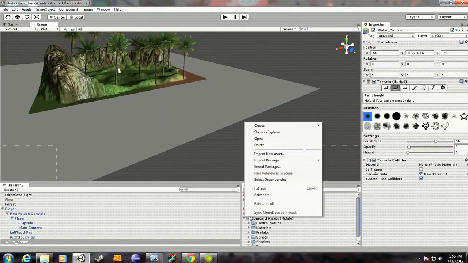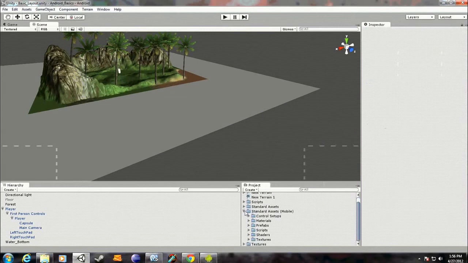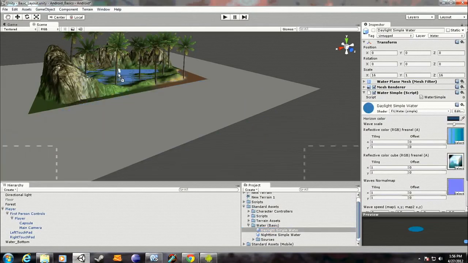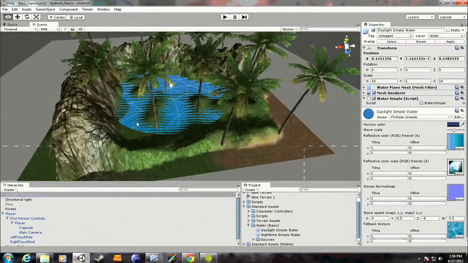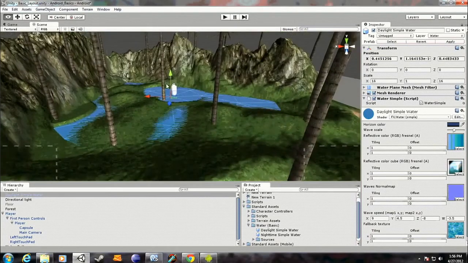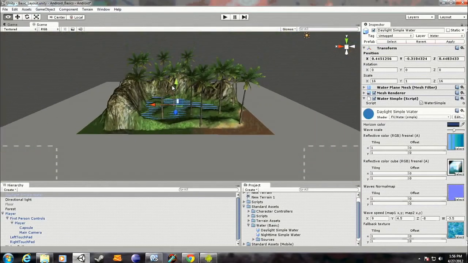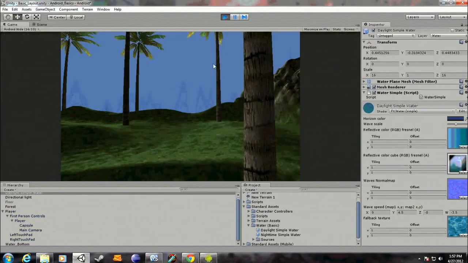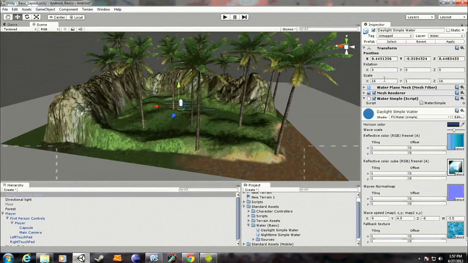So you can go to the standard assets, I think it's in mobile. No, there's no mobile water yet. You go water basic. And, well, if you have pro, I have pro, but I'm only going to use this because I know nobody will have the pro unless they've bought the $1,500 license. So you have this water, and you want to drag it just down below, so that when you're actually on the terrain, you can't see it. So now we want to make this to go 100. Actually no, we'll make it go 75 by